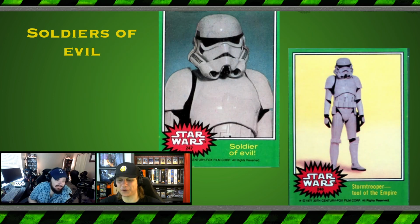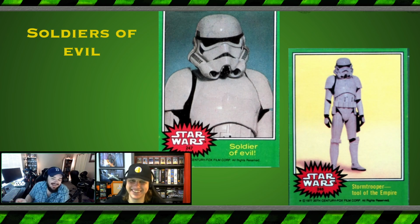Let's do it. Soldiers of Evil! We've got Soldiers of Evil! I want to highlight a couple things. One, I think the Soldier of Evil is really cool. I think it's a great Stormtrooper card. I also like the Stormtrooper Tool of the Empire. Tool of the Empire is a great card, but it also highlights something that's really funny about this set, which is